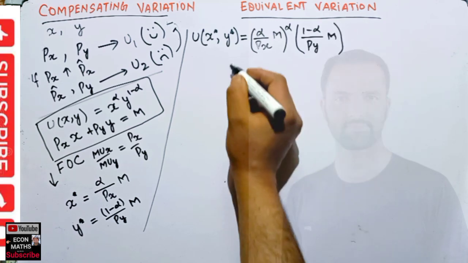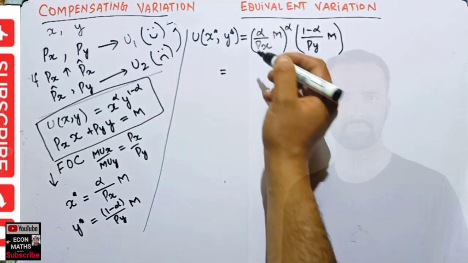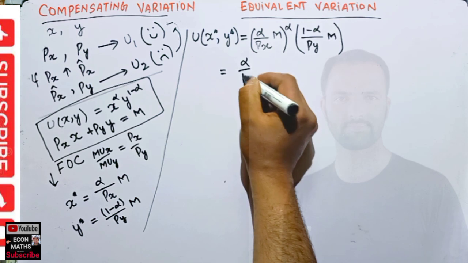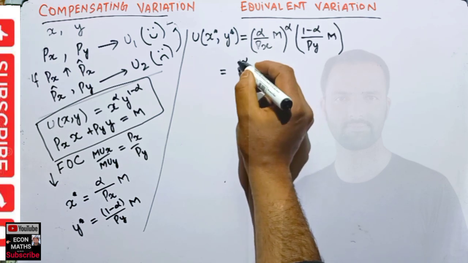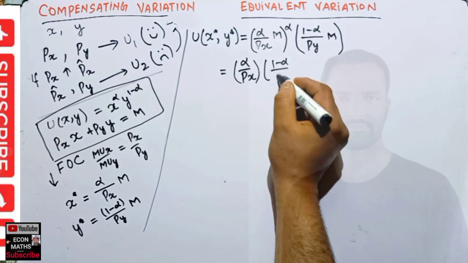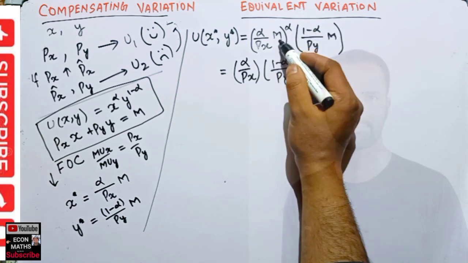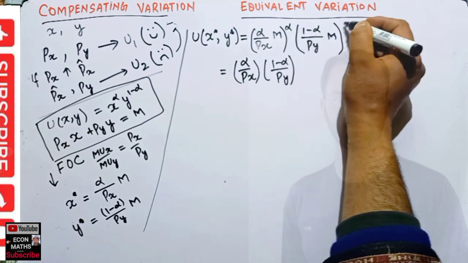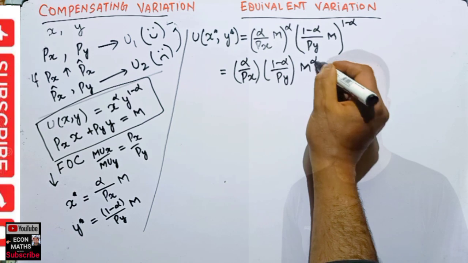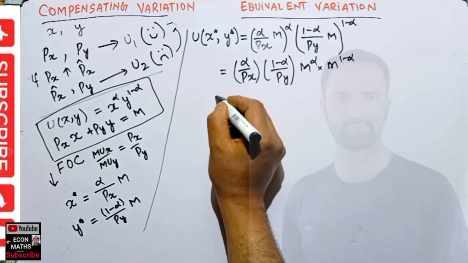Now if we solve this, it will come out to be alpha upon px, then we have 1 minus alpha py. If we take m to the power alpha, here we have 1 minus alpha as exponent, so this will become m to the power alpha into m to the power 1 minus alpha,